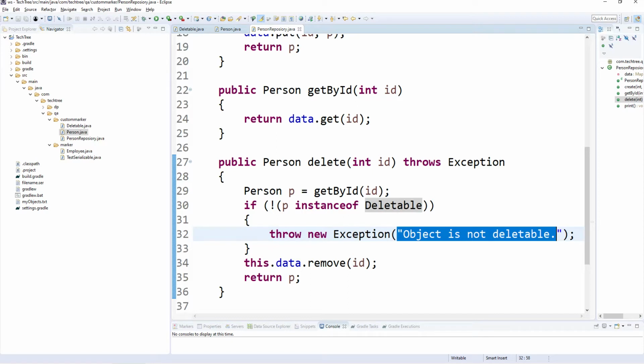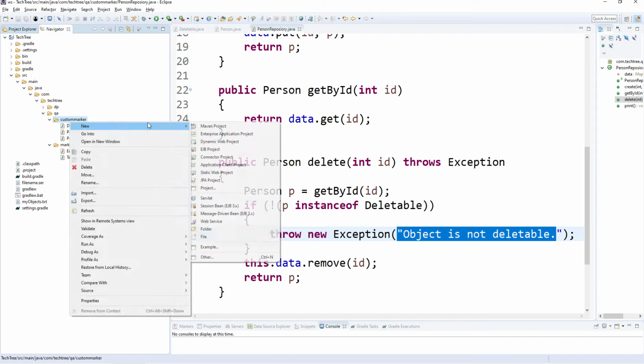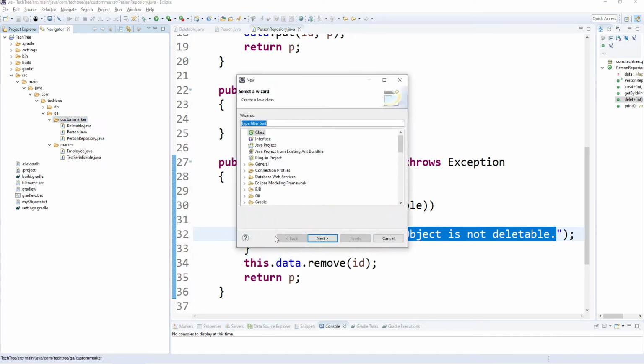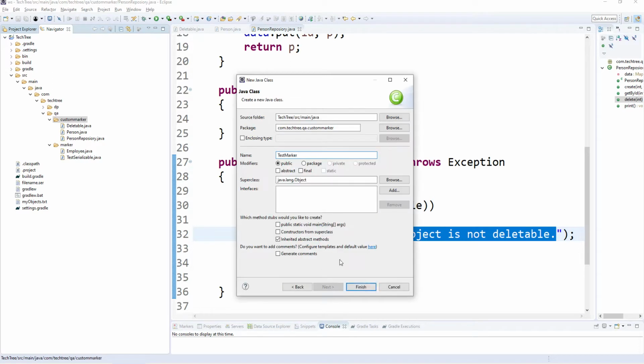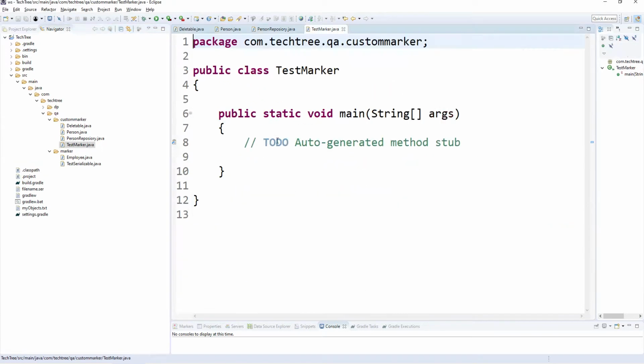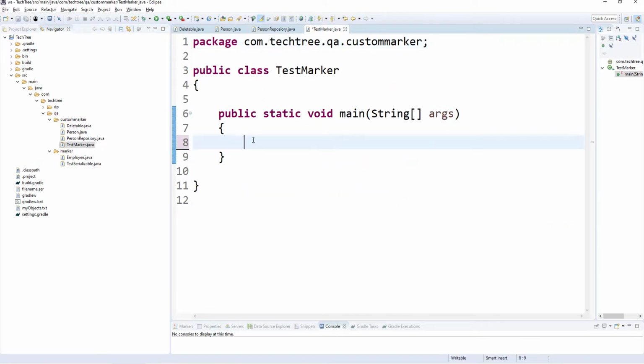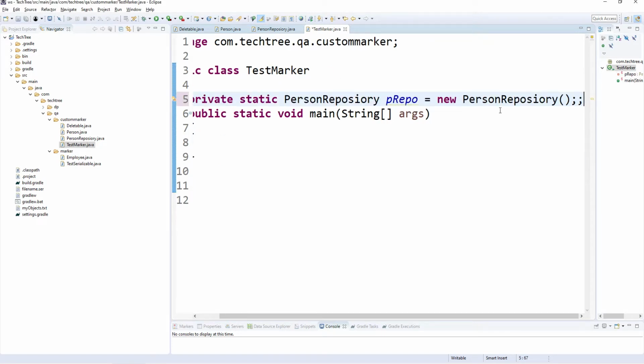Let's create a test class with public static void main. Let's create the object of the repository here.